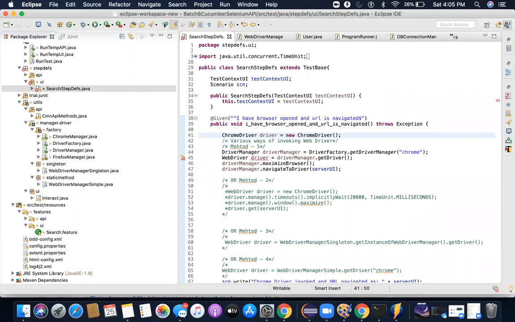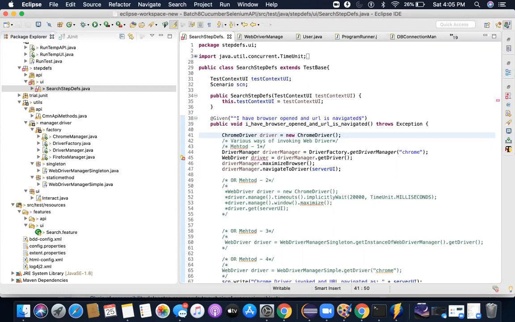So this is a very, very basic thing I'm telling you right now. It's not something which as a challenge we can't really manage. But these design patterns are not only for web drivers. We are right now automating an e-commerce application, which is very simple to do. When it comes to more complex applications, more financial applications, WebDriver is not the only thing which you have to manage. You have to manage a lot of other things, right?